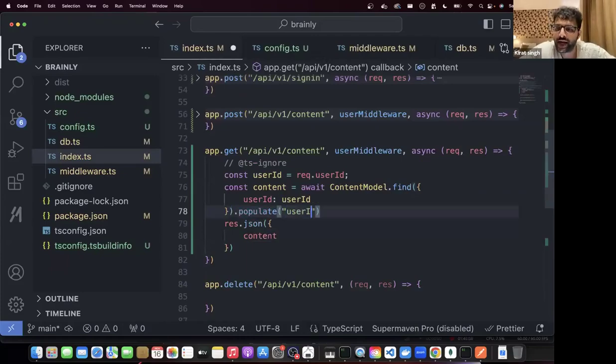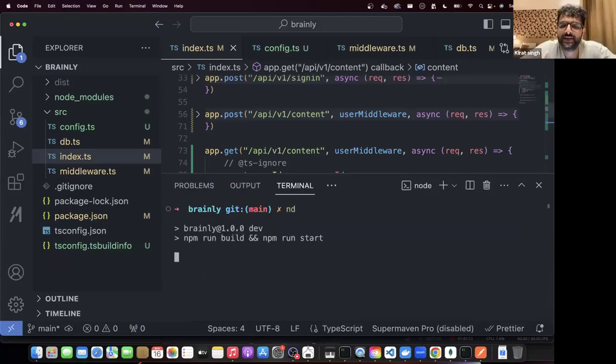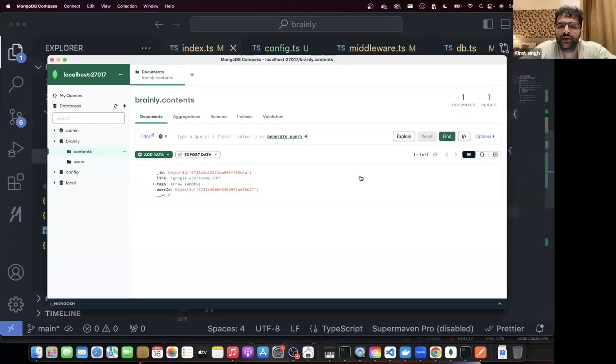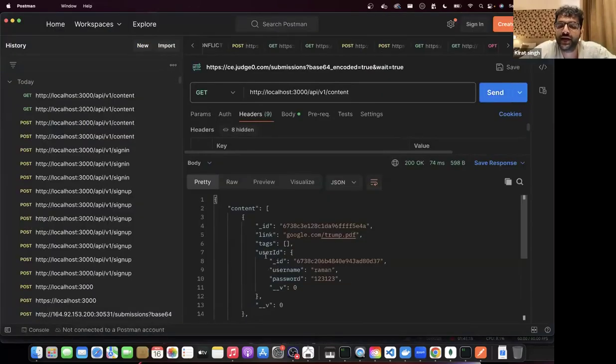user ID. यार इसके ना original items भी ले आइयो please. Populate the user's ID as well. Return that to the front end. Let's see, does it work? Let's restart. क्या चेंज किया मैंने कहा get this and populate the user ID. If I go here, click on send, I see user ID gets populated. I see the ID, the name, the password.